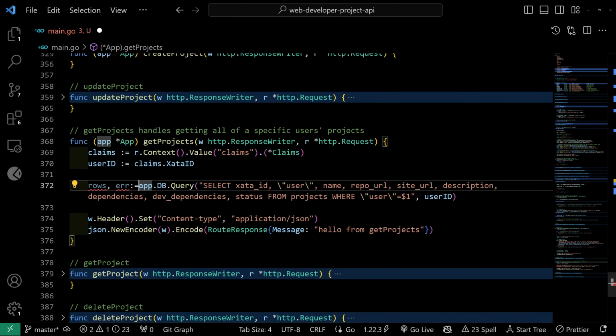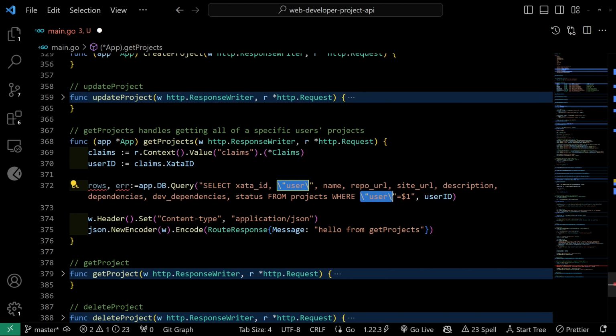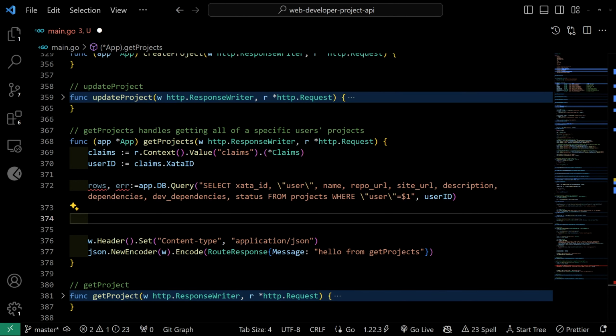So basically, this means we're going to grab all of these items as long as the user that's defined in that row is the same user that's making the request, right? So it's kind of like a filtering mechanism. Now we'll say,